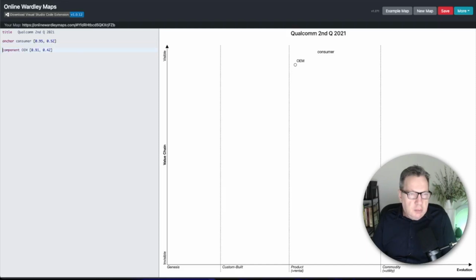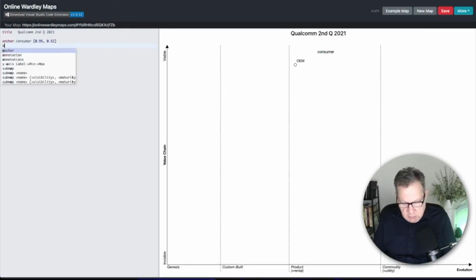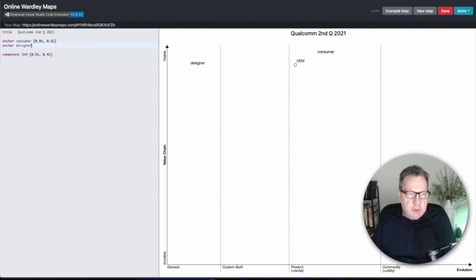I think the other component or anchor that I have in there is a, actually I don't have it in here, but it's really these engineers, or I call them designers, who sort of build using the Qualcomm chipset. So they sit much more in the custom area. And underneath these, as we had an OEM, and then